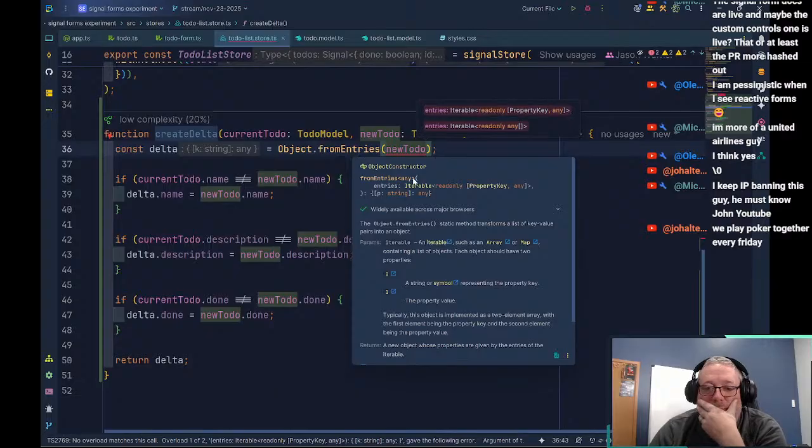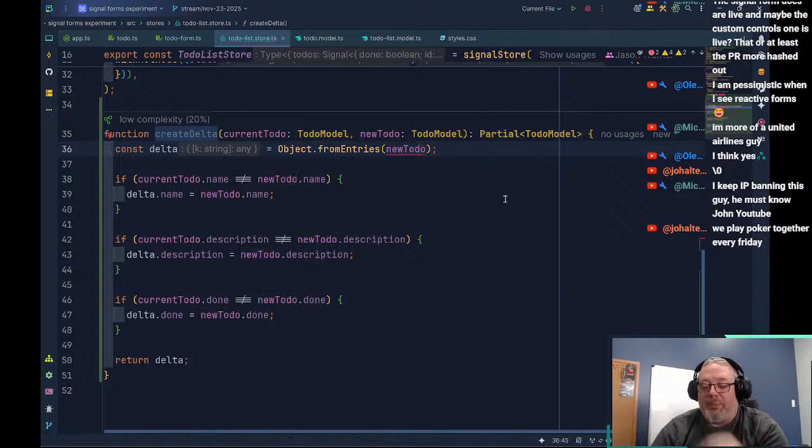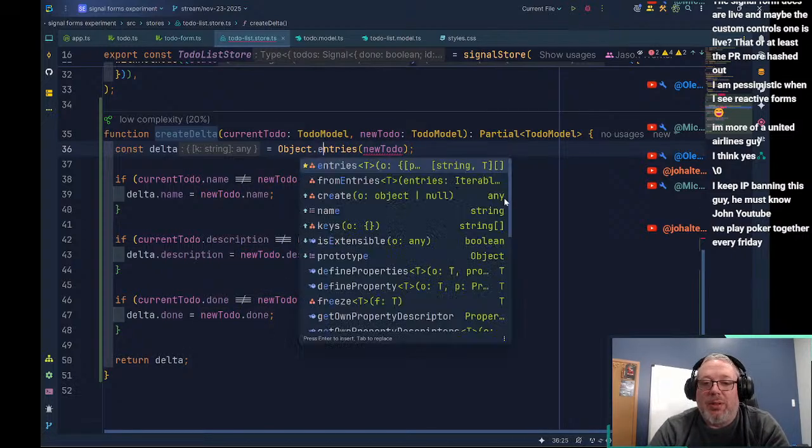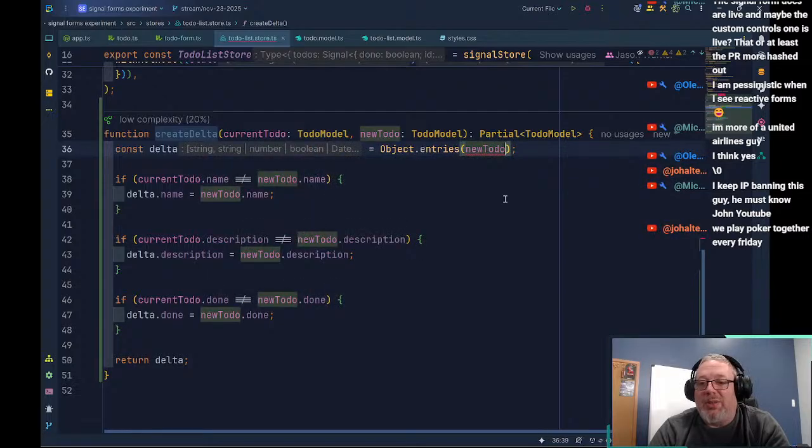Wait, from entries. Oh, this takes a key value pair. This takes key value pairs into objects. So we're going to use object.entries. And object.entries is going to give us some key value pairs.